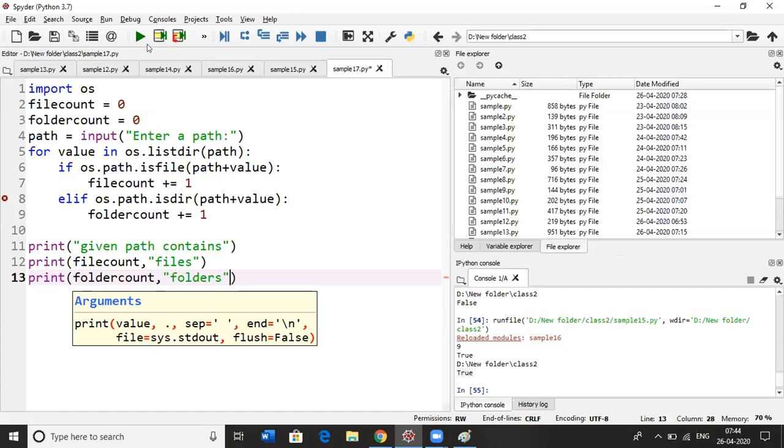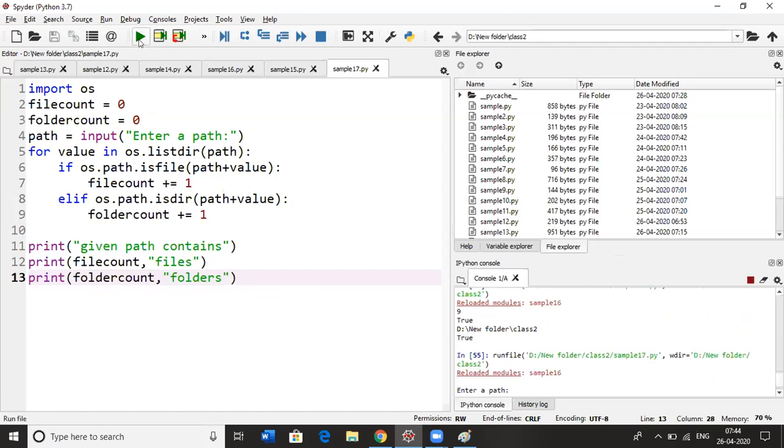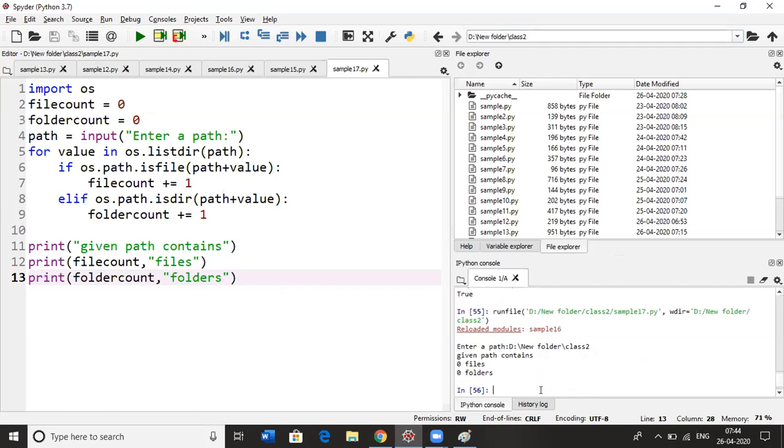And that's it. If I run this, I'm going to give this path here, because that path is here. So the path is like the colon slash new folder slash 2. But after that we are adding the value.